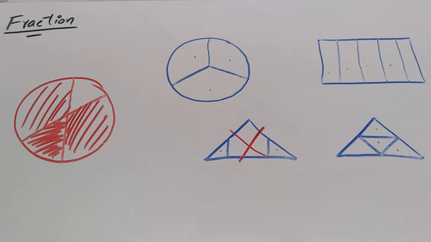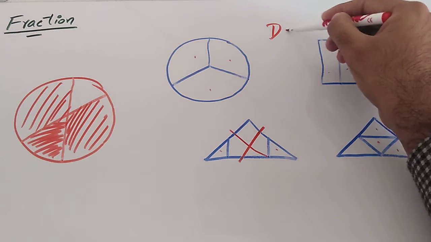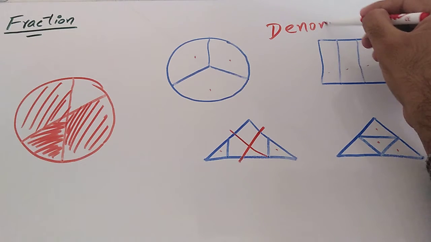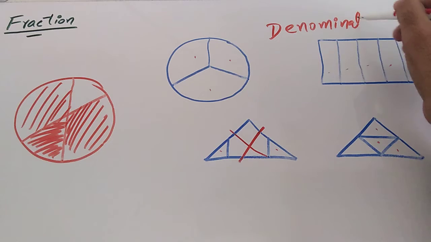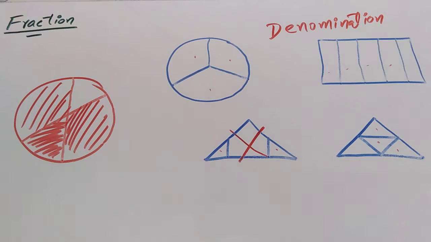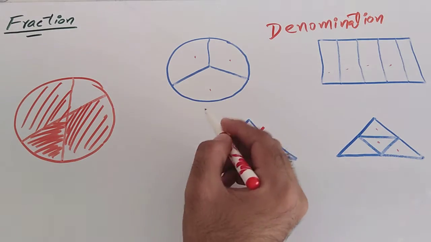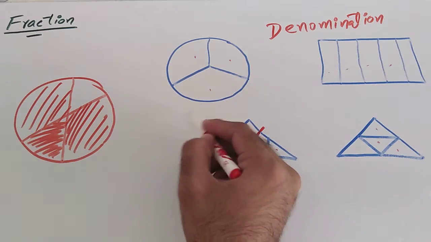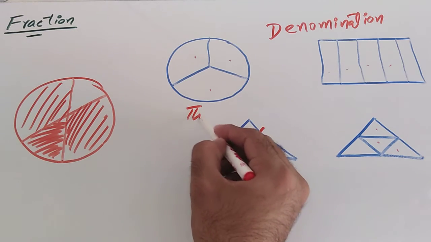In the fraction, there's a term called the denomination. I'll just write it somewhere there. Denomination, or you can also say the name of the fraction. This means how many equal pieces there are. So if you talk about this one, this has three equal parts, so the denomination of this fraction, or of this whole shape, will be called